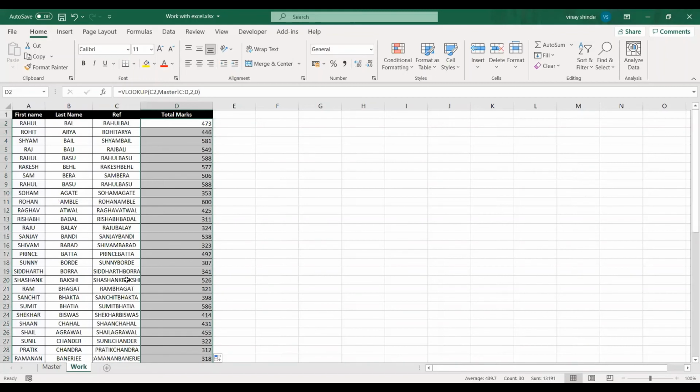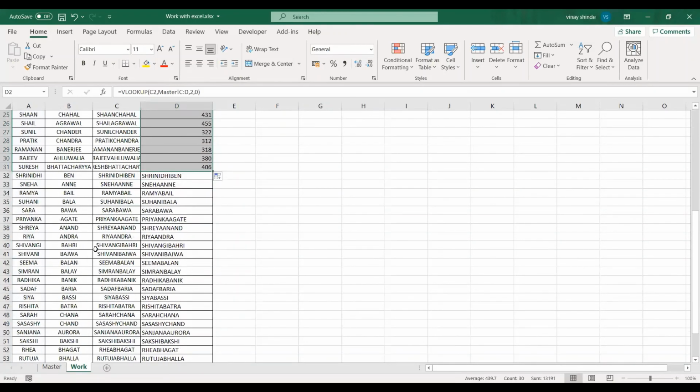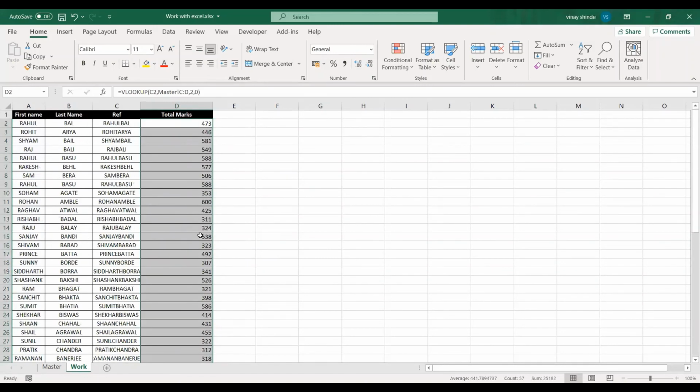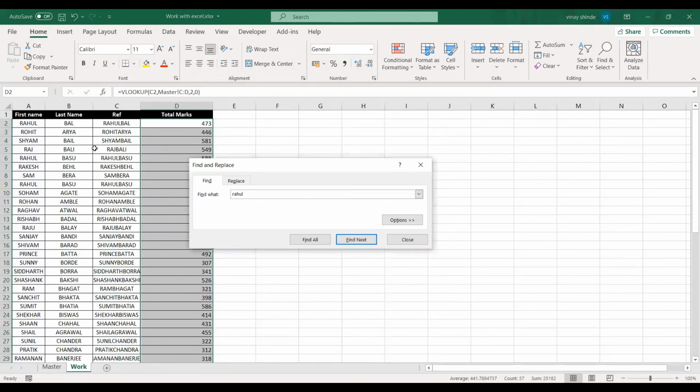Now let's check whether different Rahuls have returned different values for total marks. So let's check. It's not dragged down here, so I'll simply drag it here. Okay. Now let me search for Rahul.